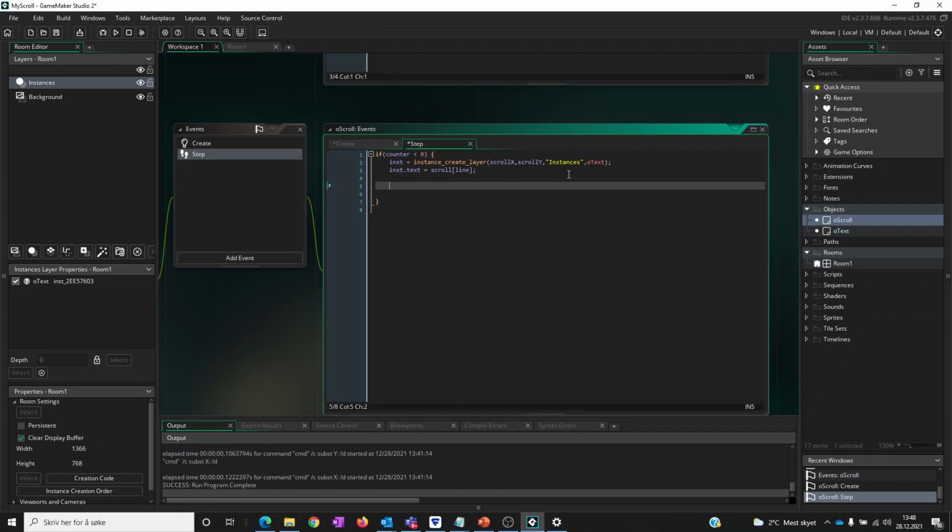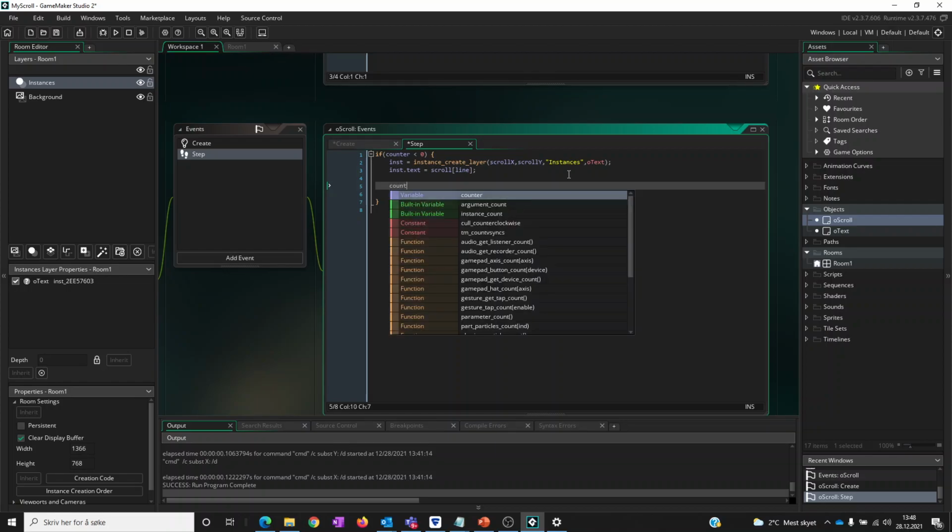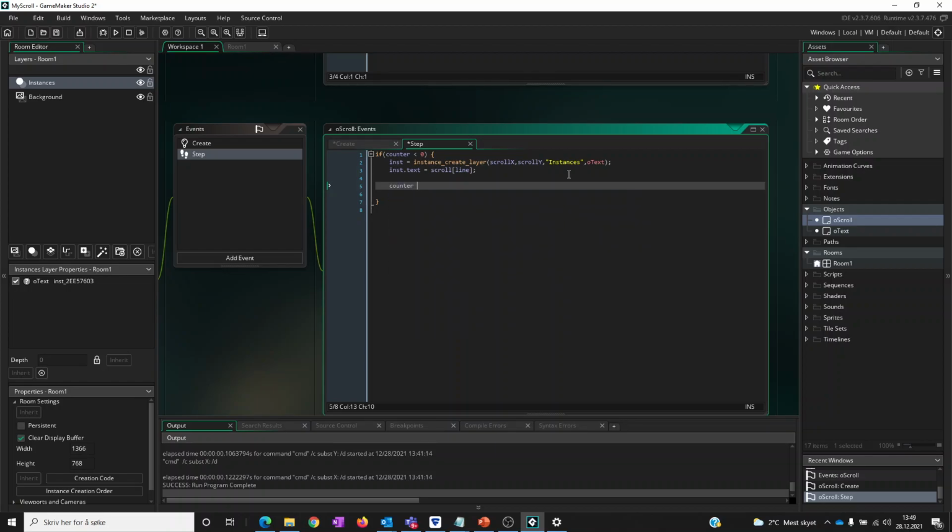And we need to know the spacing before we put a new instance of the text to the screen. So counter takes care of that, and we want to have a little bit of spacing between each text, and we also need to know the length of the string or the width. String width,